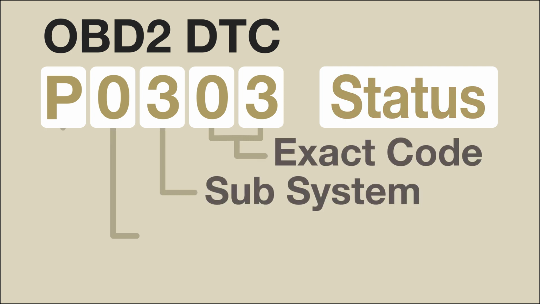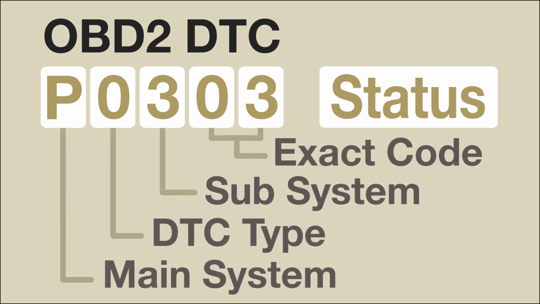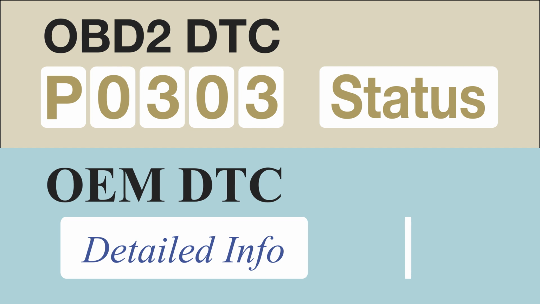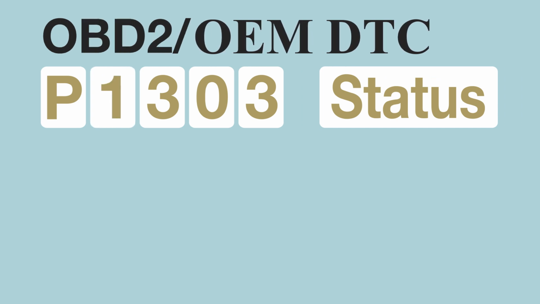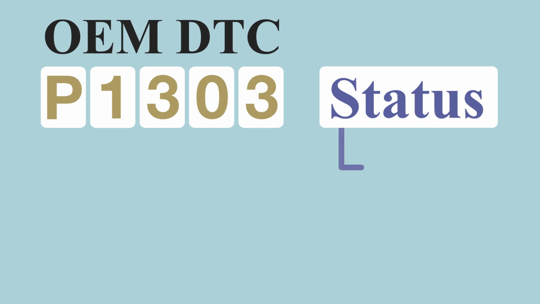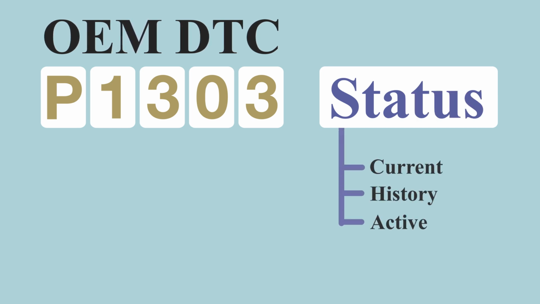Unlike standard OBD2 DTCs, which are universally applied across all vehicles, OEM DTCs are designed by the manufacturer to provide more detailed information about issues that may be unique to their vehicles. The structure of an OEM DTC typically follows the same general format as OBD2 DTCs. The status of these codes also depends on the specific regulations set by the automaker, such as current, history, active,